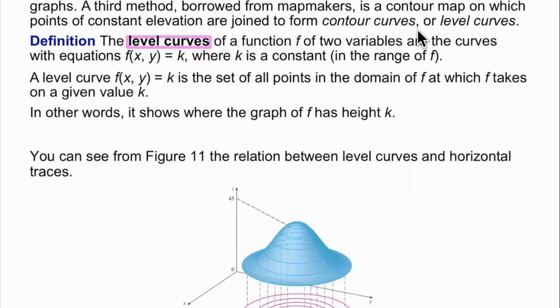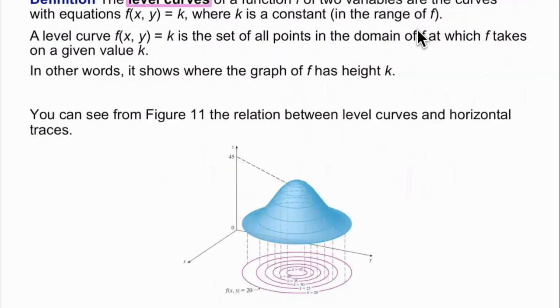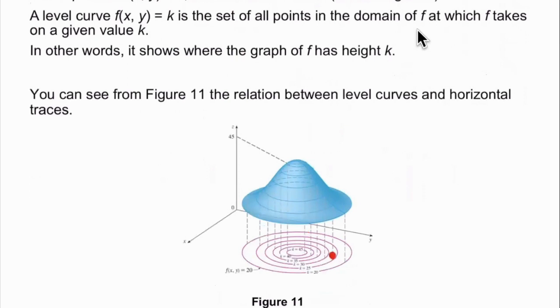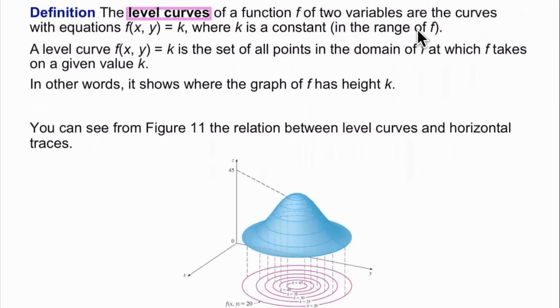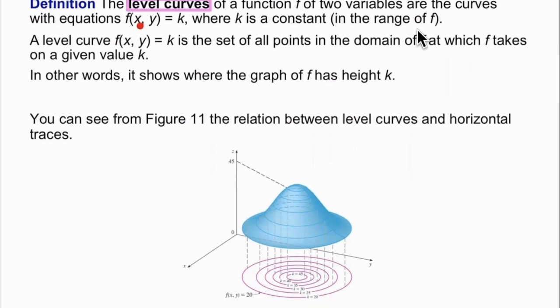Think about this as a graph for some function, and it's going to cast a shadow on this xy plane. The shadow that this surface casts on this xy plane is the domain for the function. Now, let's call that function f. Now, you're going to set that function value to be